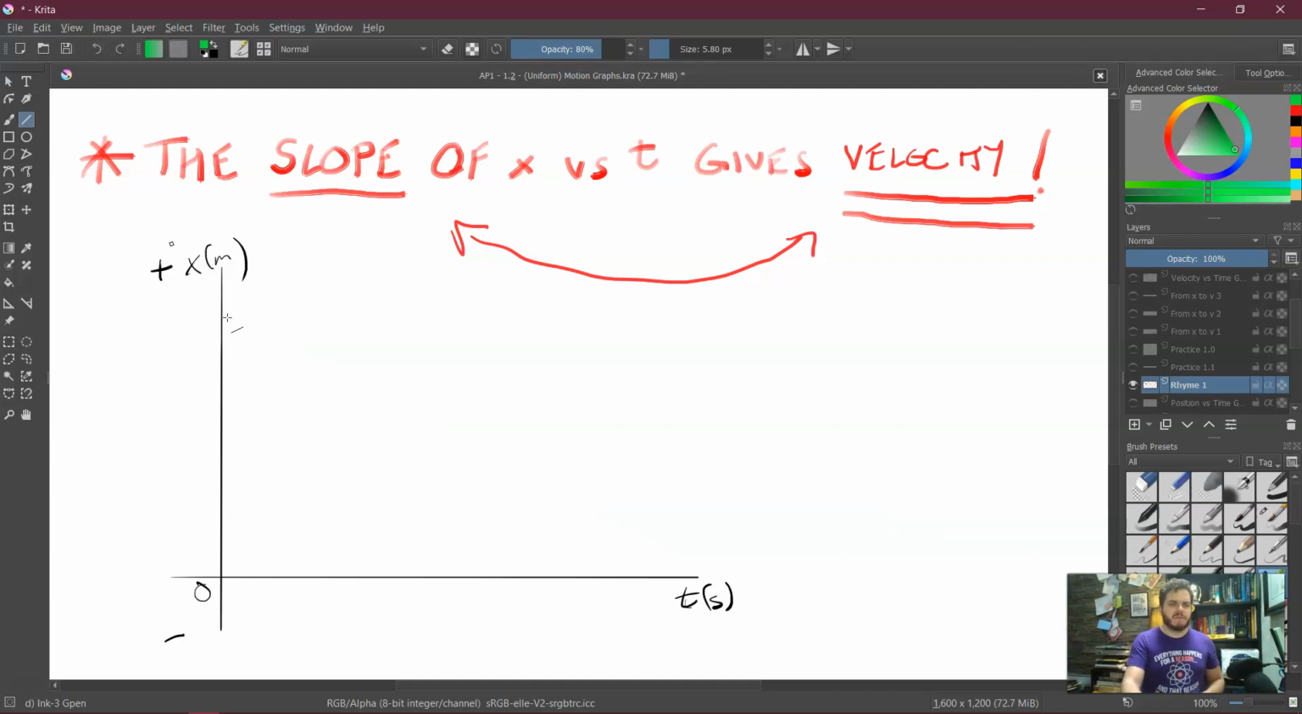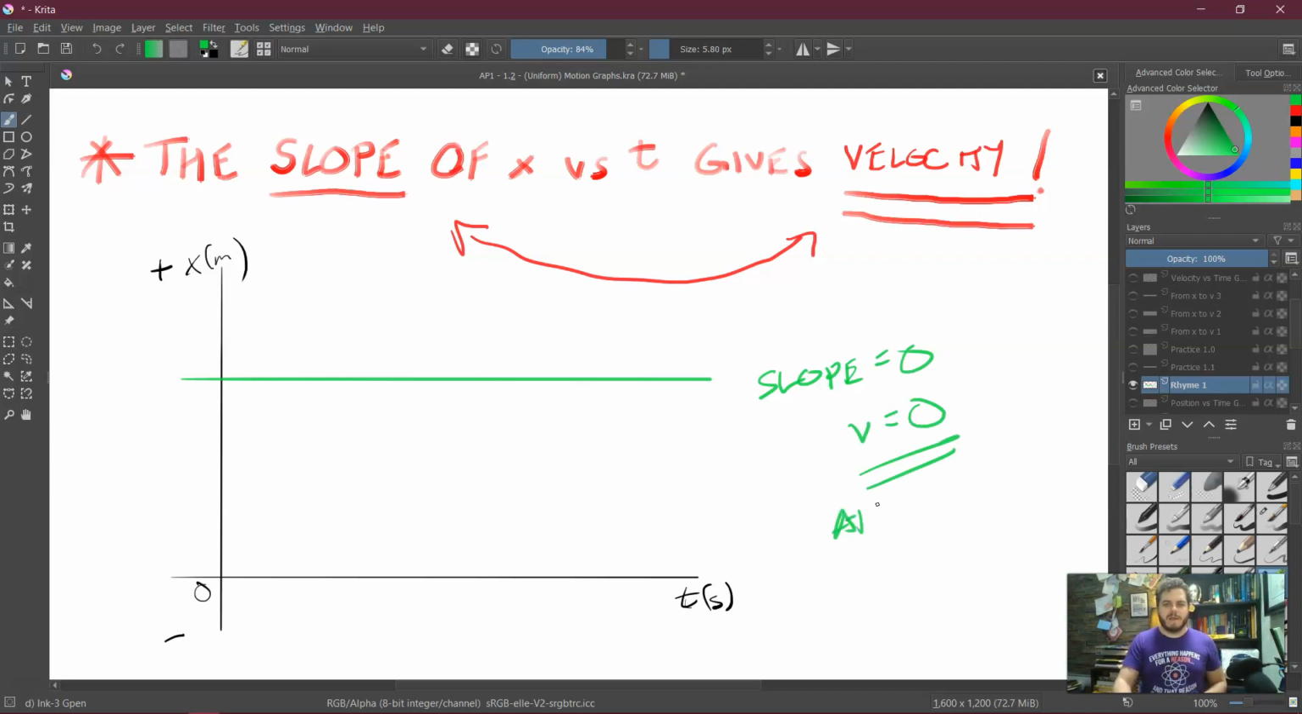Well, what happens if instead it just looks like this? Well, what is the slope? Oh, let's change that. What is the slope of a flat line? It is just 0, which means that the velocity is 0, therefore it is at rest, which makes sense because this